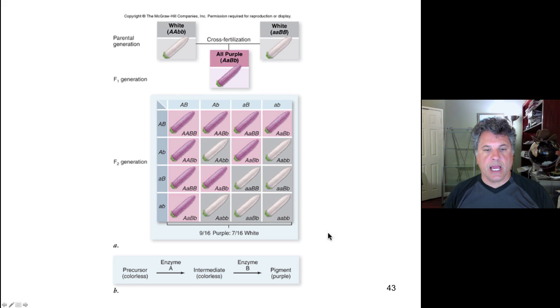And here's another slide that you can freeze this movie if you want to look at it. This indicates a biochemical pathway, a little different scheme than I've given, but essentially the same.